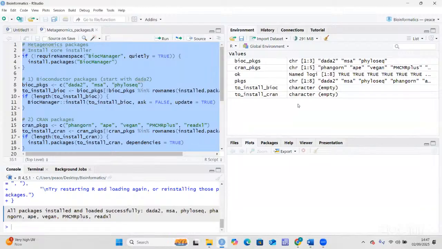Mine are done. So once the red button that is here,